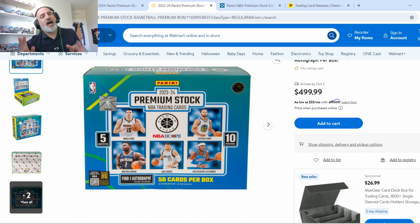This is, quote unquote, the hobby box. Panini has an H2, a hybrid retail. They've done this before with what they call their H2 sets. It's a hybrid. It's not really fully hobby, where those boxes are $400, $500, and it's not a mega box either. This will include one autograph, and we'll go over in a second whether those autographs are actually worth it, whether you're going to pull anything good from them. So there's going to be this format, and then also,